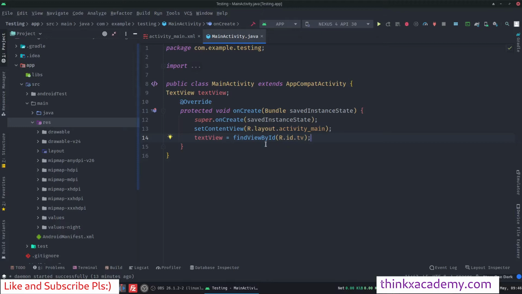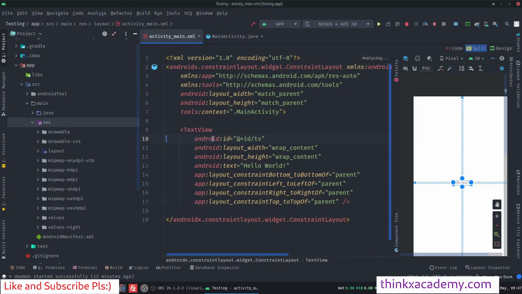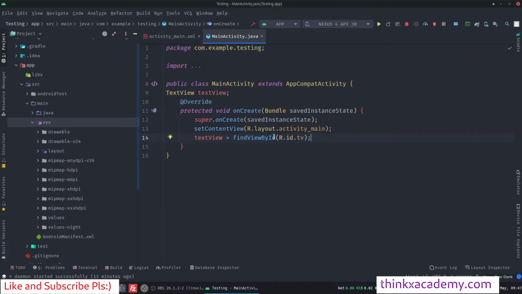So basically there is a second way, which is you can actually do that inside of this XML only. There is an attribute, or you can say a parameter, which is fontFamily, which we can use. But if you want your Android app to run on more Android devices, I will always suggest you to use this first method,